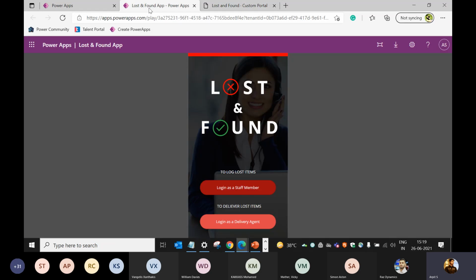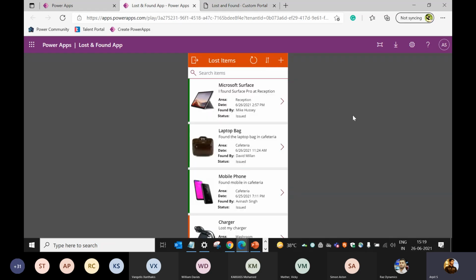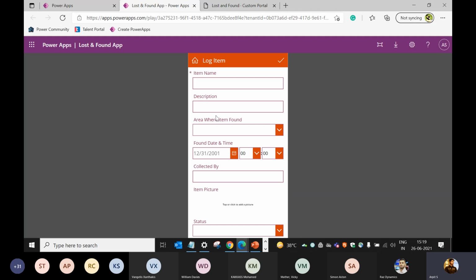So what I'm doing is, once I log in as a staff member and log the request, it actually creates this particular image in the SharePoint directory. On click of this particular check mark, I'm logging the request in Microsoft Dataverse and storing this particular image in SharePoint.